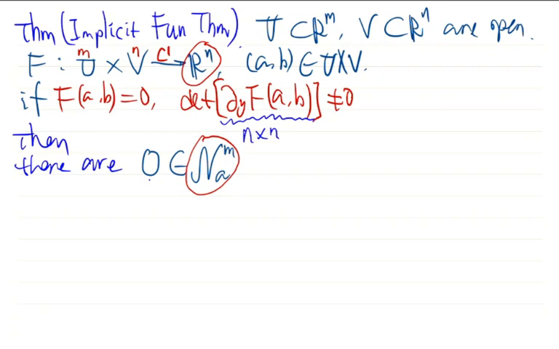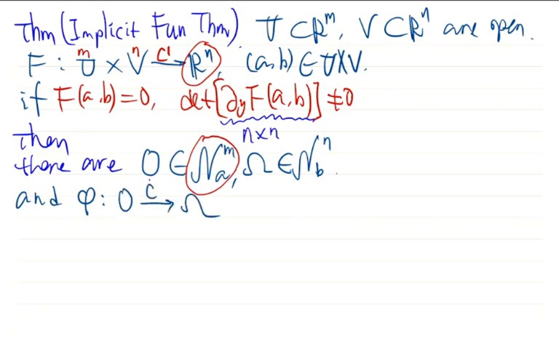This notation means all the open sets in Rm containing the point A. So O belongs to this set means that O is an open set containing the point A. Okay. Similarly, another open set omega containing the point B in Rn, and also a map phi from O to omega. This map is C1,